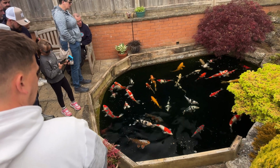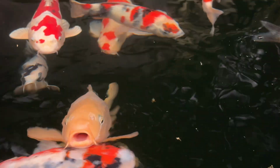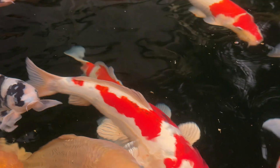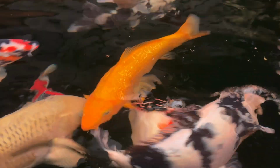We only ever used to show small fish, sort of up to size 3, but at the time, it's a very deep pond. It's 7'6" at the drains. It was deemed that you needed a deep pond for body shape and so forth. We tried to do everything by the letter at that point. The whole koi keeping hobby has come on so much in that time, and it's easy to forget where it all started, I suppose. This now has a drum on it, but it was just a vortex into brushes